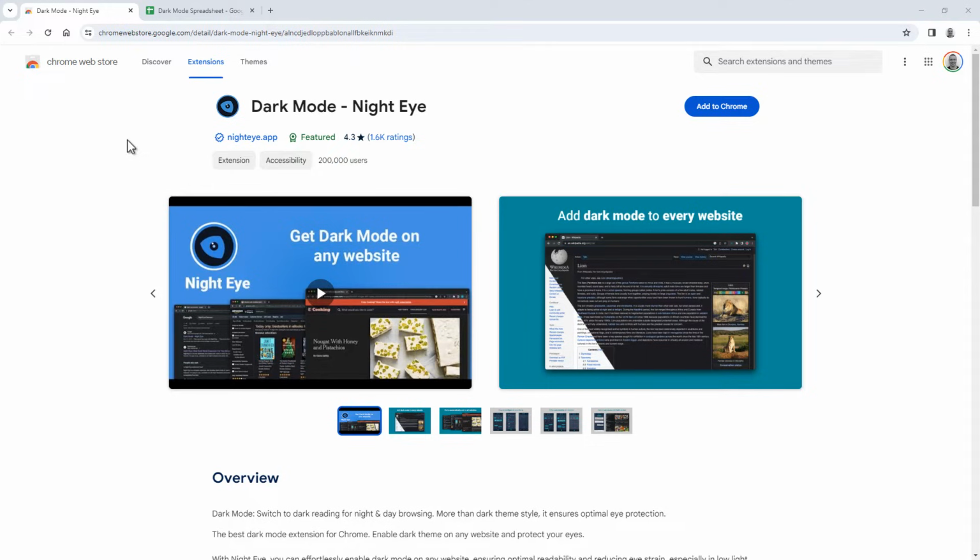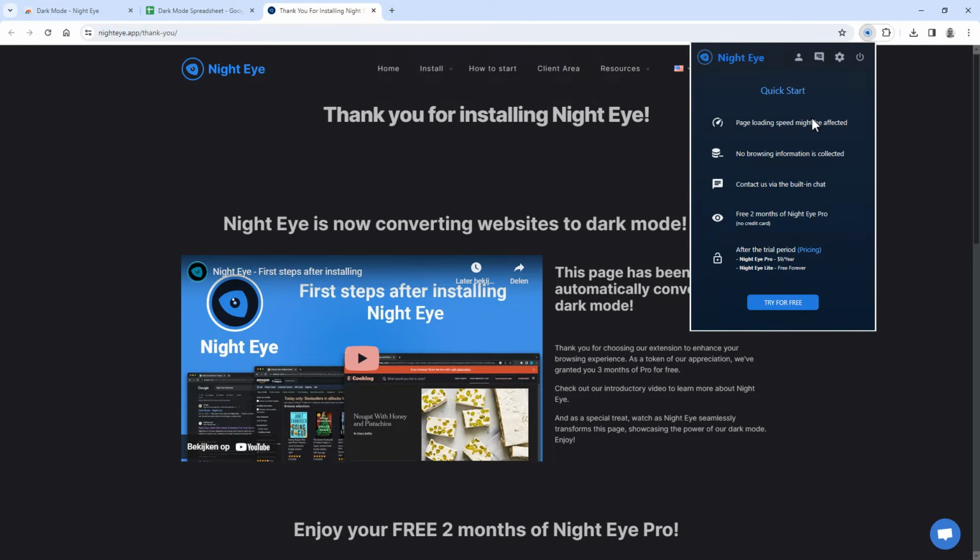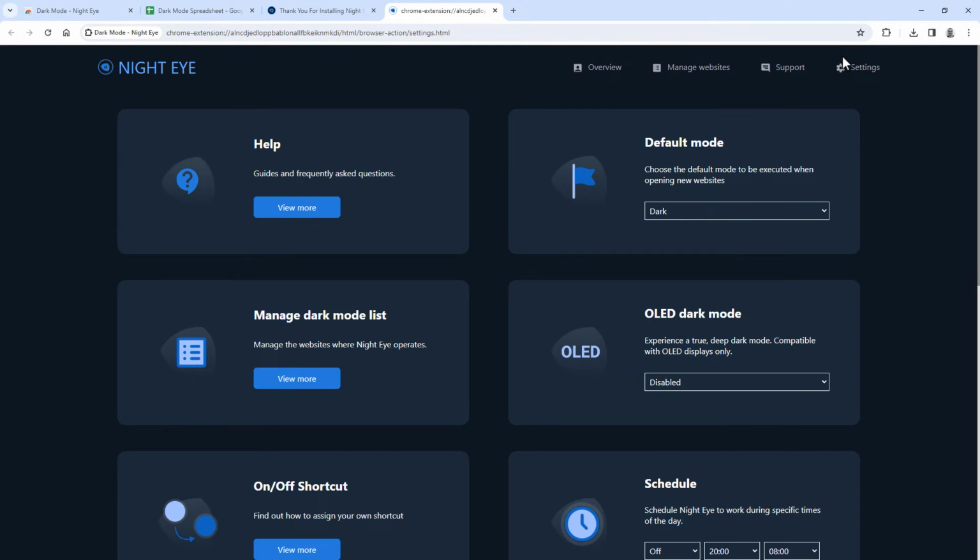So go there and then click Add to Chrome and then click on Add Extension. Okay, now it has been installed and you can find it here. So go to the options setting here, and if you don't want to use any other sites in dark mode, then you can change the default mode to normal,